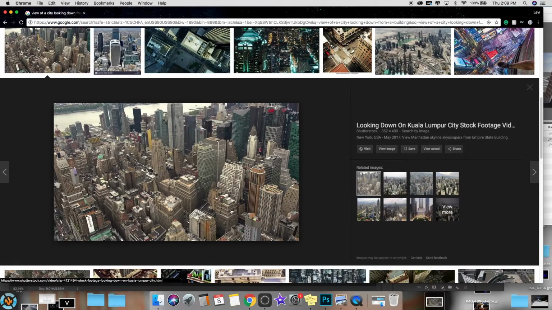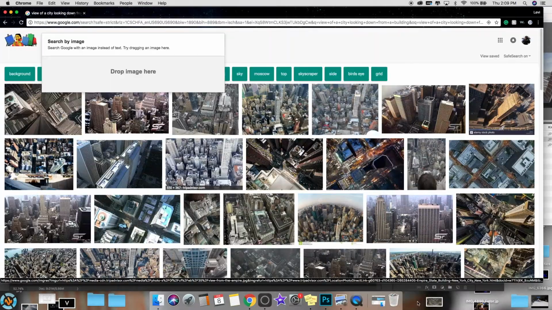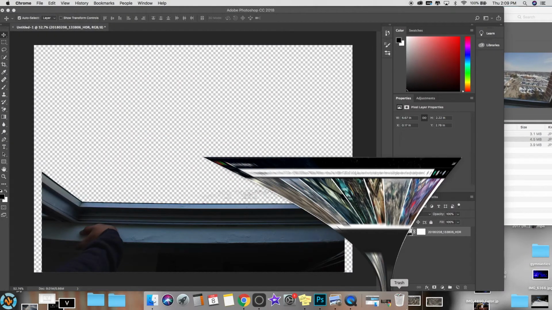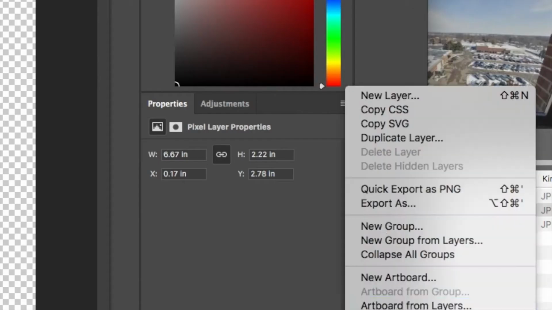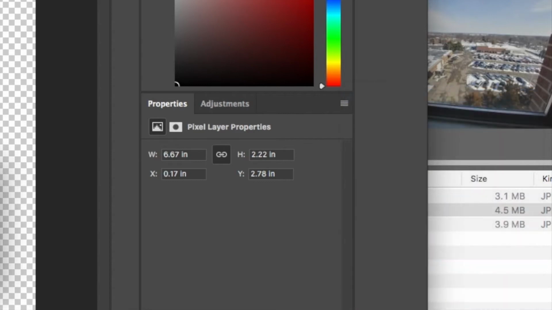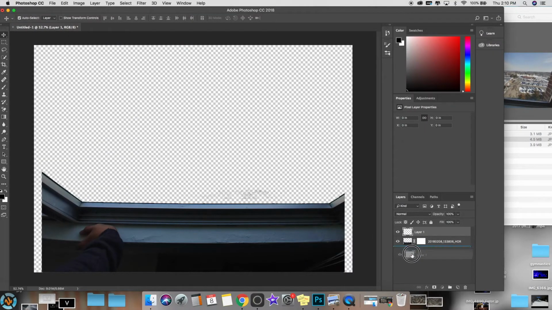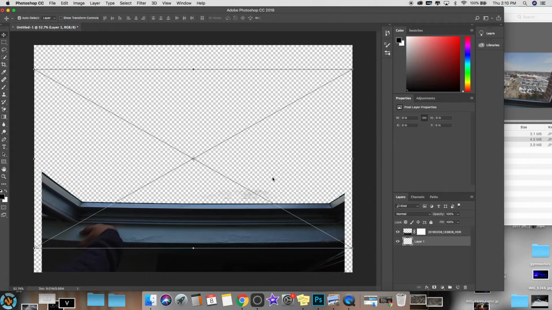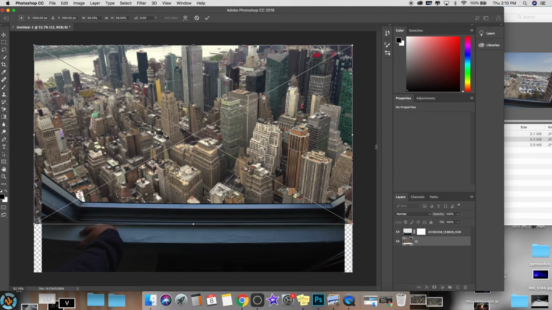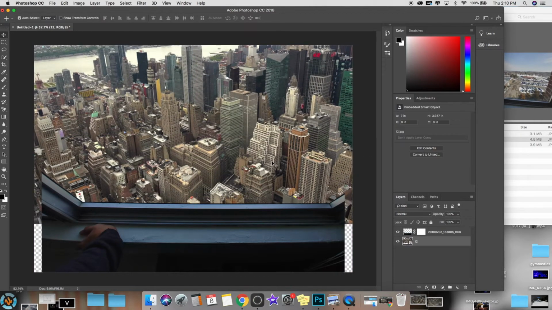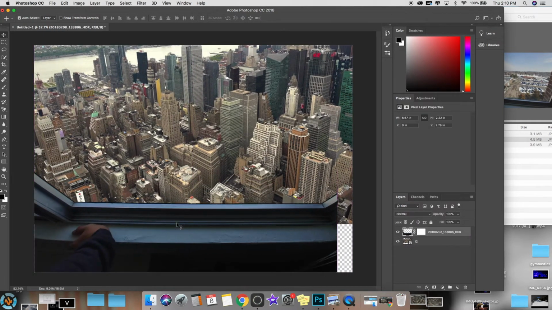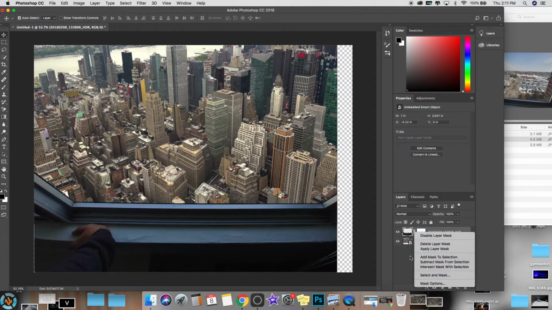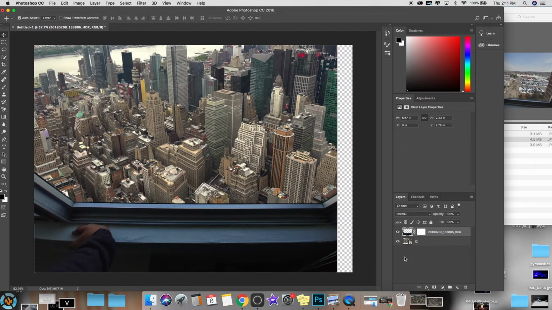Alright, this one should be good. Now I found a pretty good photo that fits into what I want it to look like. So now I'm just gonna create a new layer first below the layer I already had. So now I'm just going to drag that onto Photoshop and make sure that it's behind the first photo that I took. Just rearrange it a little, and when it's around the area I'd like it to be, that's when I start